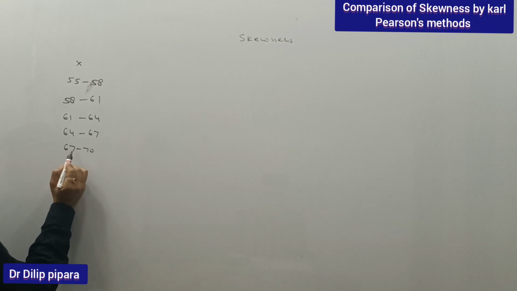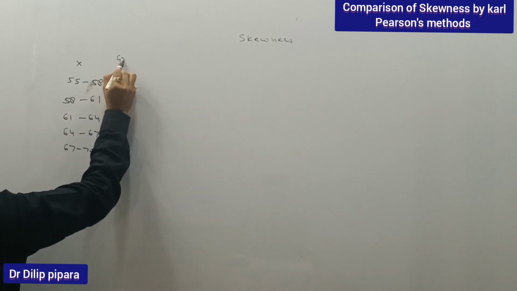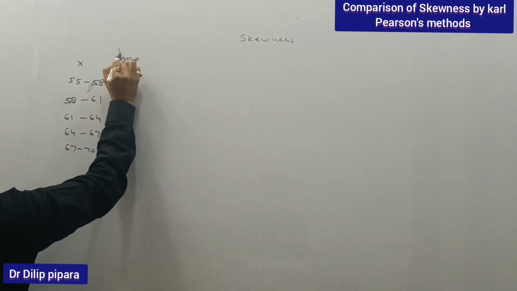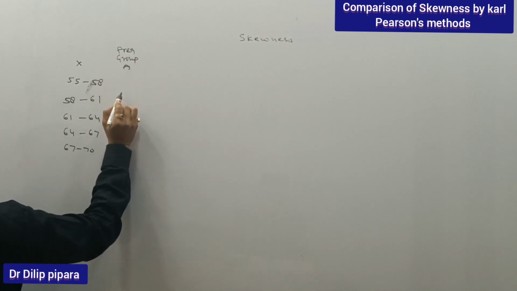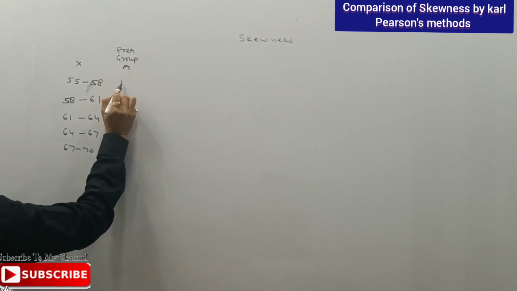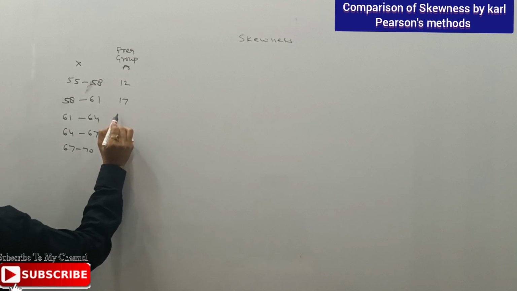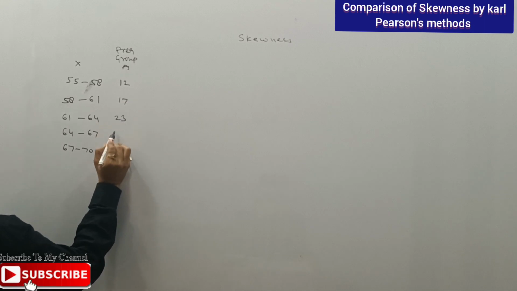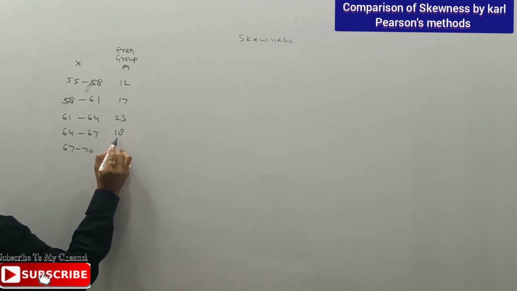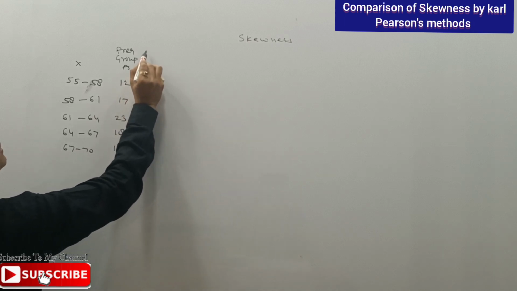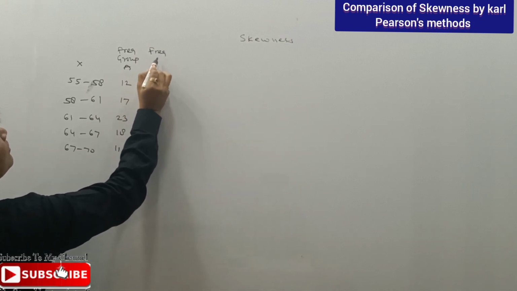The frequencies of Group A are given: 12, 17, 23, 18, 11. The frequencies of Group B are given: